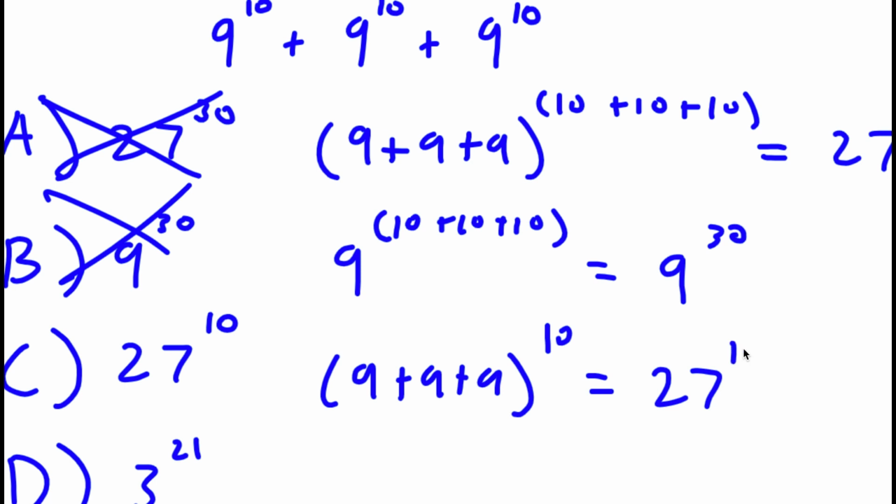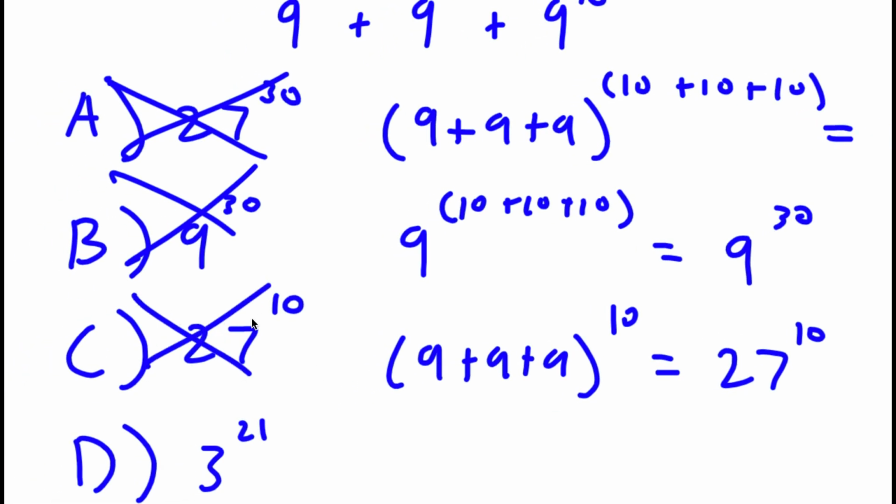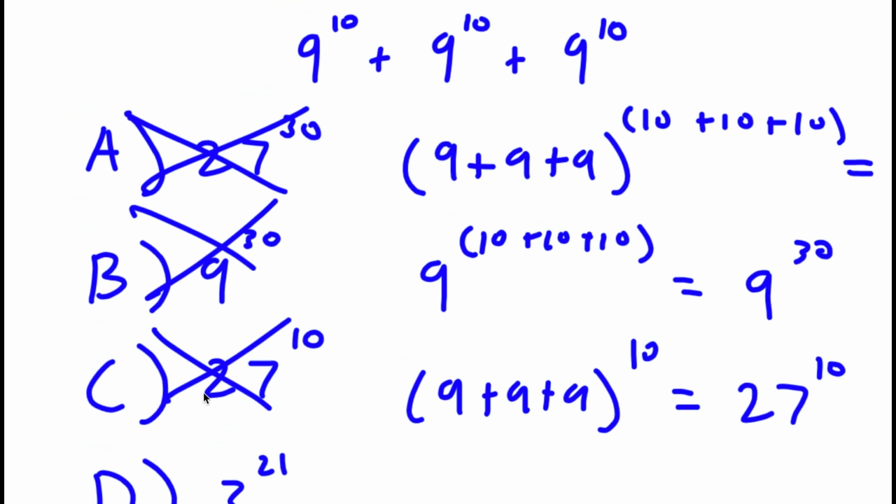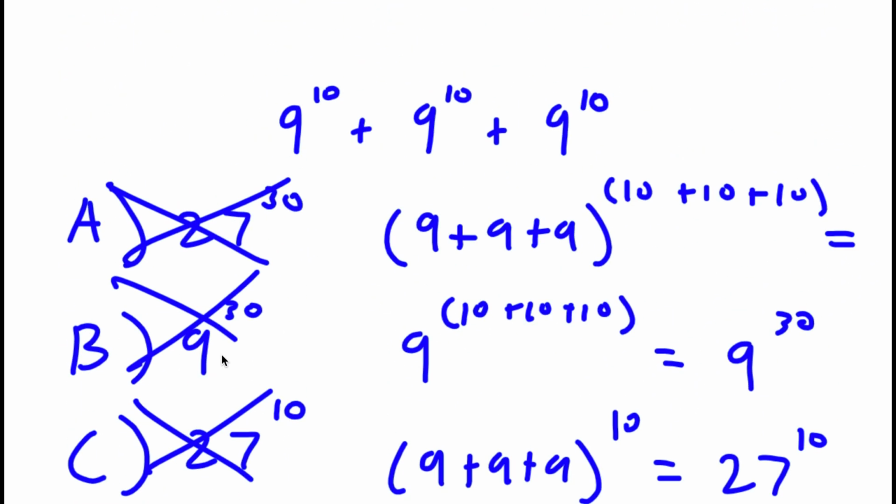So you have 27 to the power of 10. And this method is wrong as well. That's not the right way to add exponents. Finally, we have D. And to get this,